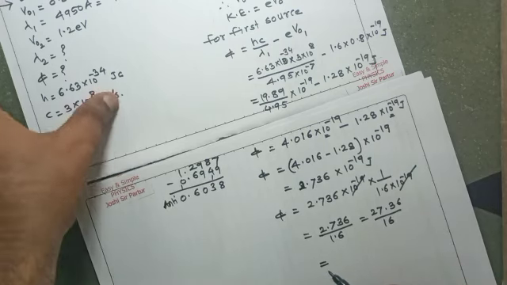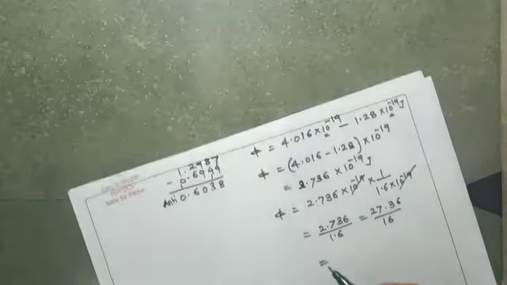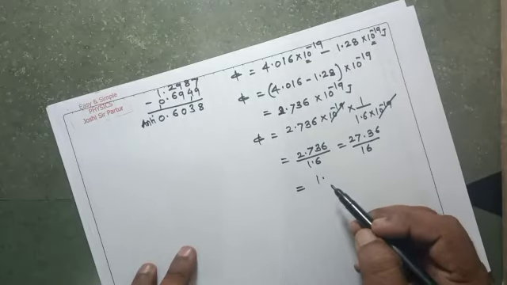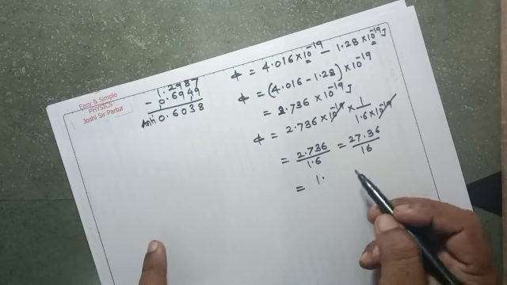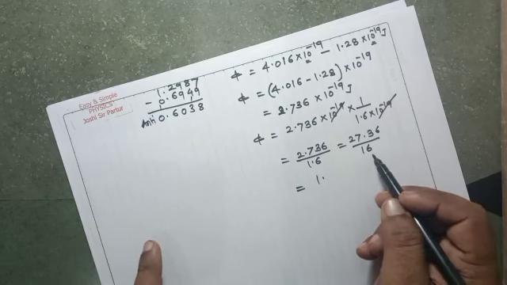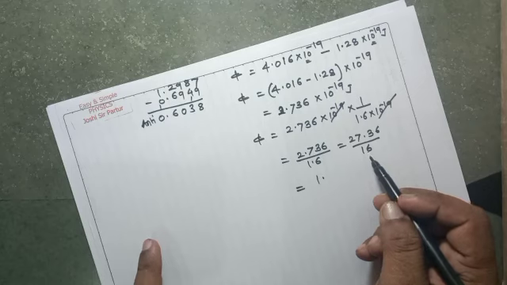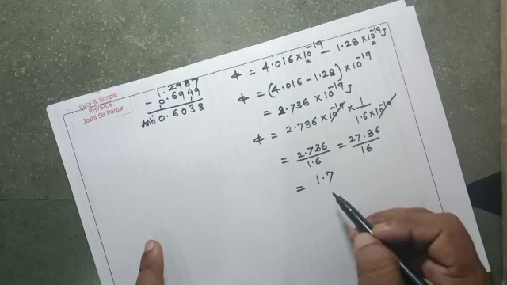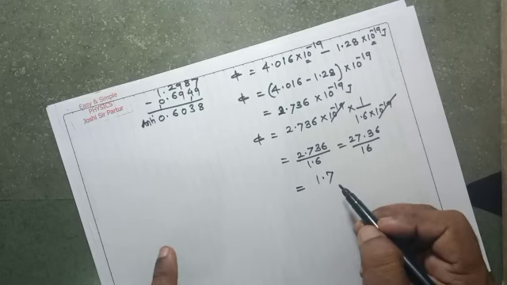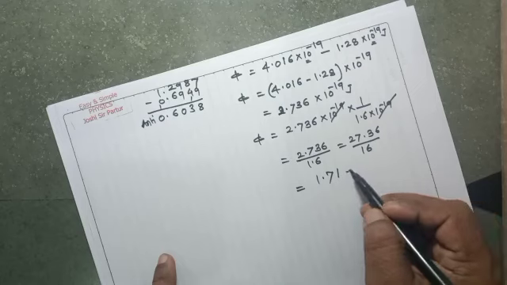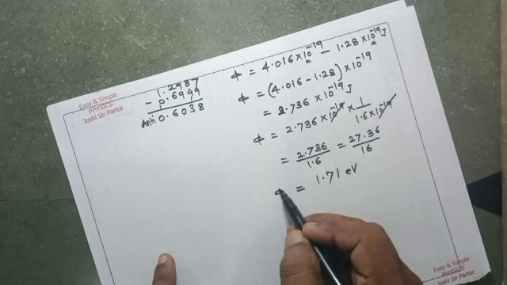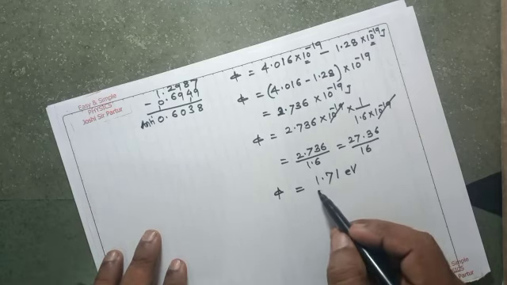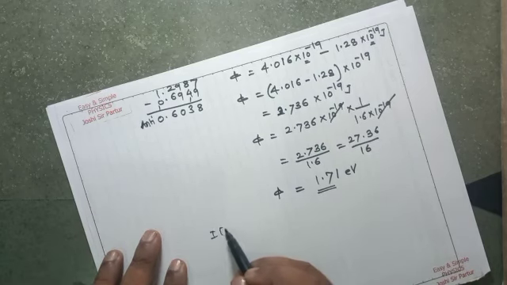So here if we can divide 27 by 16, 1 will be remaining. 11 will be remaining. So when 3 is there, 16 7 the 112, 1 is remaining, that is 16, and 16 1 the 16. So work function will be 1.71 electron volt. If source is changed,